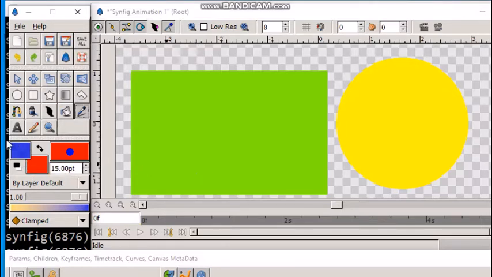Now this blue color will change to green color by just selecting or pointing at this rectangle.